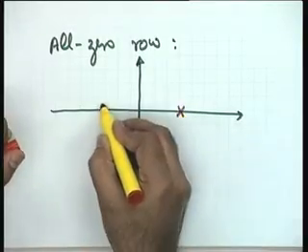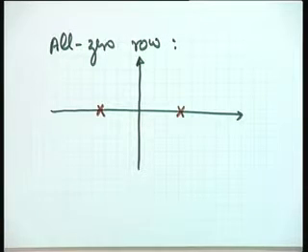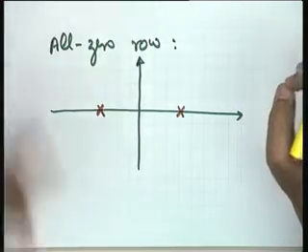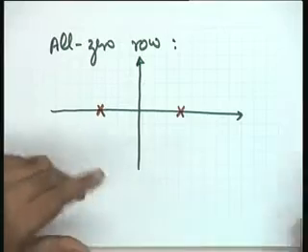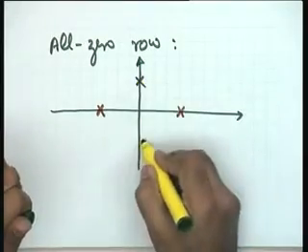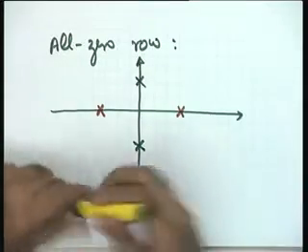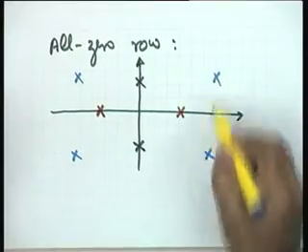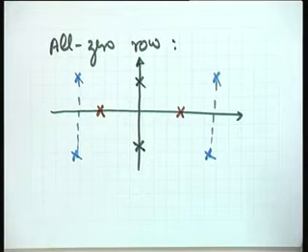There will be a pole pair symmetrical with respect to the imaginary axis. So, it means even with an all 0 row the system may be purely unstable and may not have roots on the j omega axis. This is one possibility. Another possibility is that there is a pole pair on the imaginary axis. This possibility gives rise to the situation of imaginary axis roots. The third possibility is that there could be two complex pairs symmetrical with respect to the imaginary axis. In this particular case also the system is unstable.